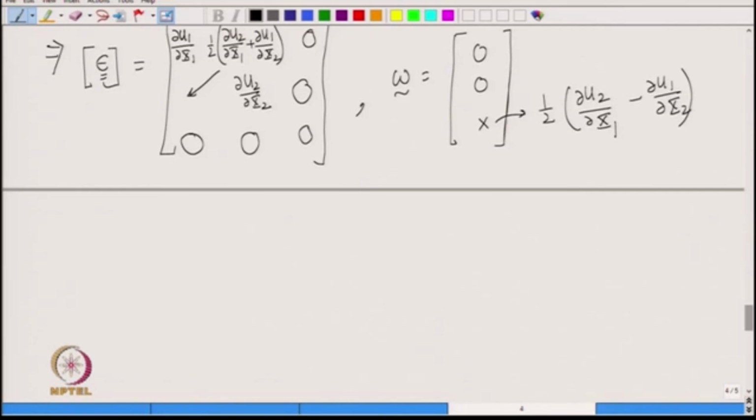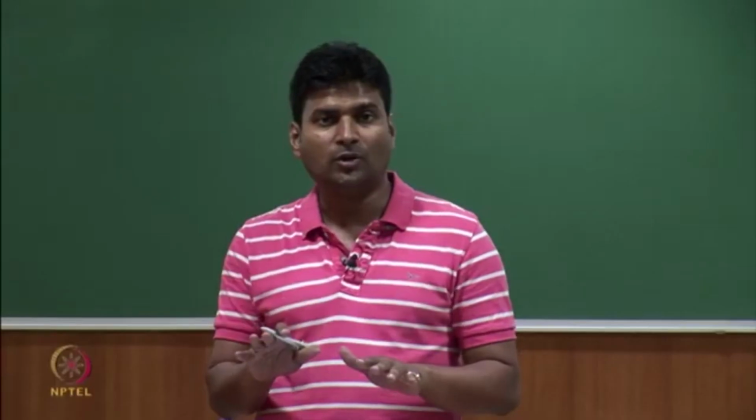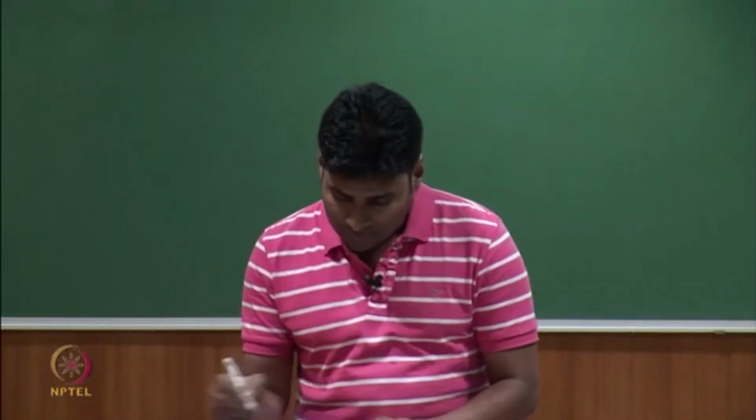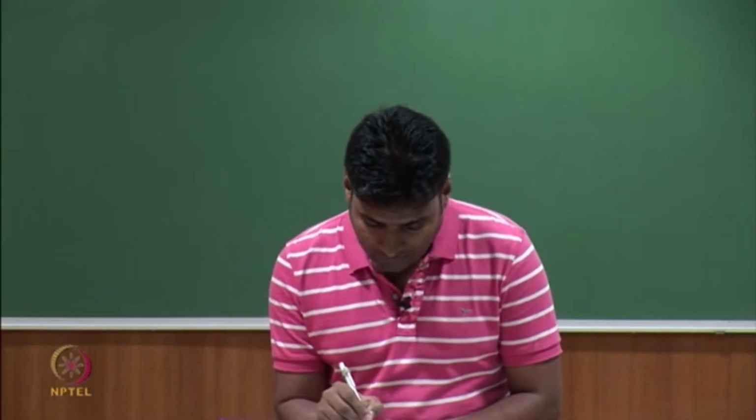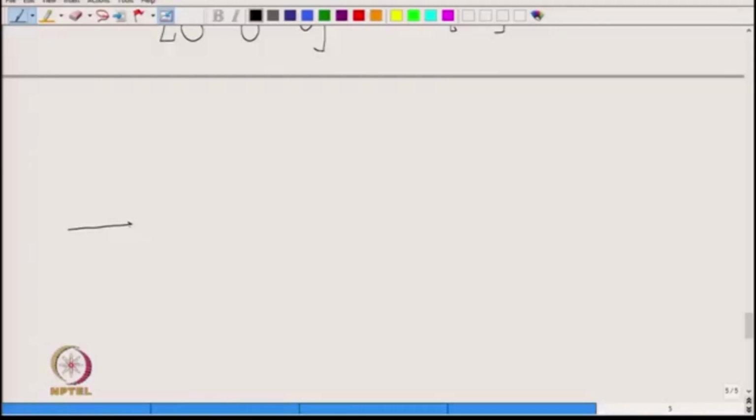Let us see how this strain matrix and the rotation matrix acts on two line elements. So, since here u 3 is 0 and u 1 and u 2 are only functions of x 1 and x 2, let us think of two line elements in the E1 E2 plane. Okay. This is delta x1 and that is let us say delta x2, the magnitudes, and it is along E1 direction, the other one is along E2. So, I could also write it here E1 and E2. So, we have two line elements, two material lines in the body,